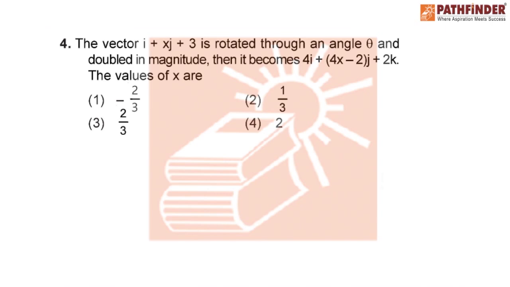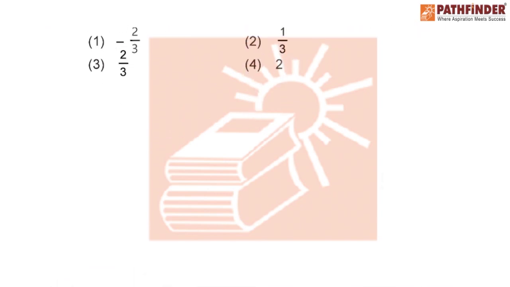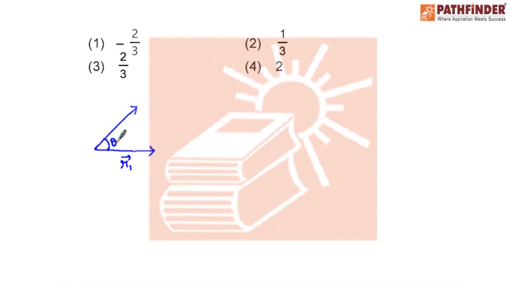So let me teach you a little bit of theory around this rotation of vector. If we consider that there is an r1 vector and it is rotated by an angle theta and converted into r2 vector, and if I draw another vector joining these two, I call this delta r vector, then r2 vector can be written as r1 vector plus delta r vector, or delta r can be written as r2 vector minus r1 vector.